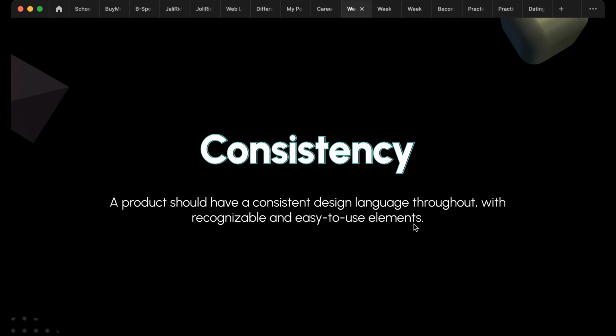Next we have consistency. A design should have a consistent design language throughout, with recognizable and easy to use elements. So there should be consistency in the design, in the user experience. Everything should be consistent. If you're using this particular